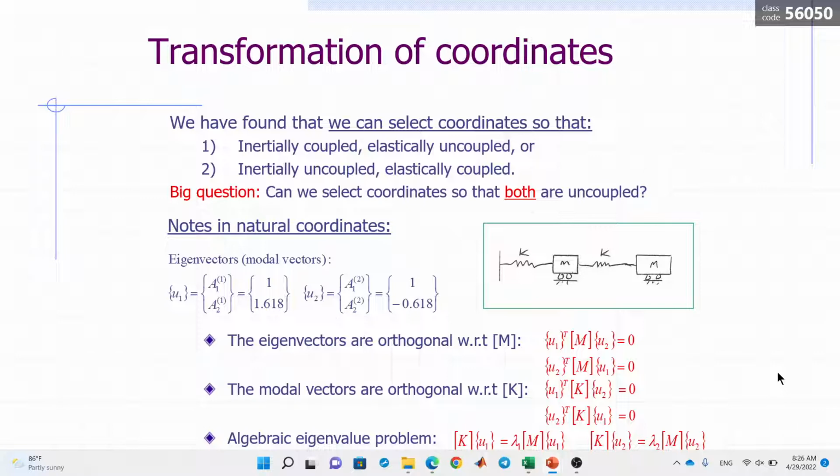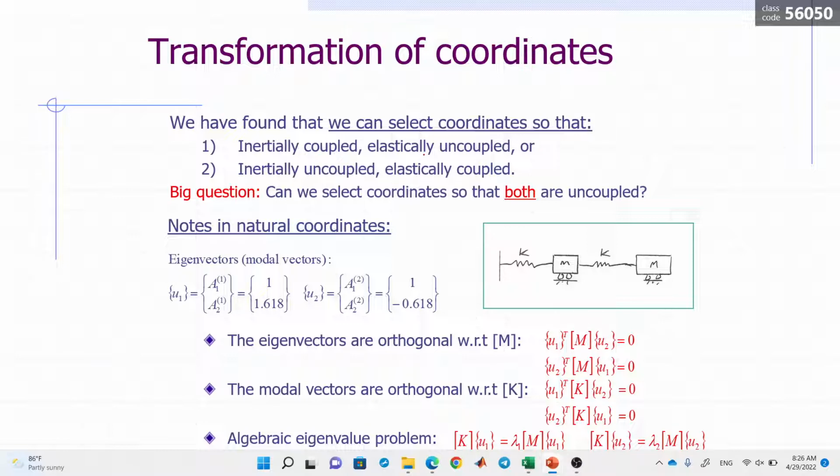So welcome back to lecture vibration, and we continue to this part, the transformation of coordinate. Previously, you have learned decoupled and coupled on matrix M and matrix K. So if you can transform the coordinate to